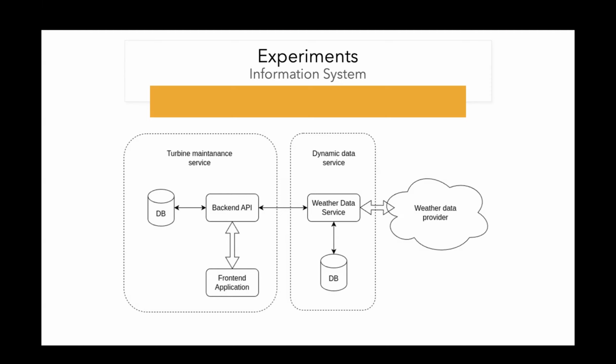The focus of this work is on the turbine maintenance service that is responsible for entities, data management, and the organization process. The backend API keeps data related to the location of ports, wind farms, turbines, and engineering workers, and allows creating inspections for turbine maintenance. The front-end application provides the operator with a convenient user interface to interact with the backend API and represents a world map of the sea surface and forms for entering data.